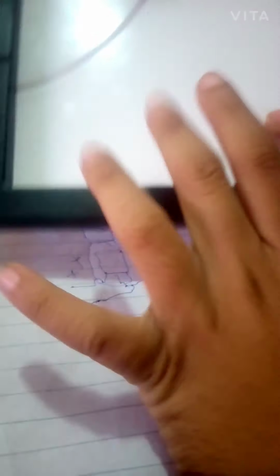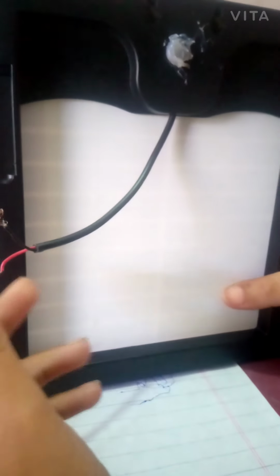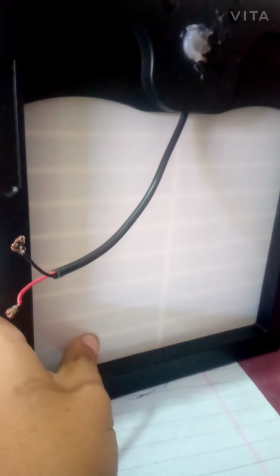Another thing I will tell you: if you are thinking about small kinds of motors like this TT gear motor, it cannot draw too much current. But there are gear motors that can draw a little bit more than a normal motor like this one. The main advantage is this gear motor.